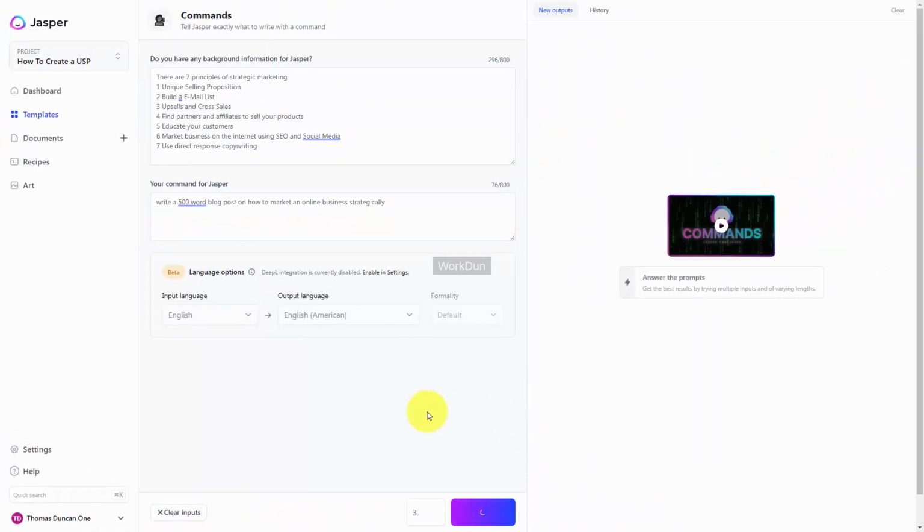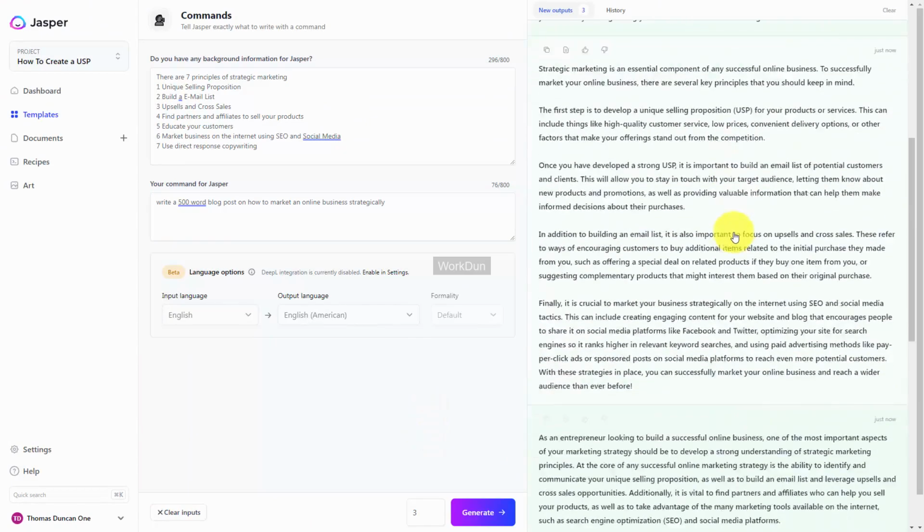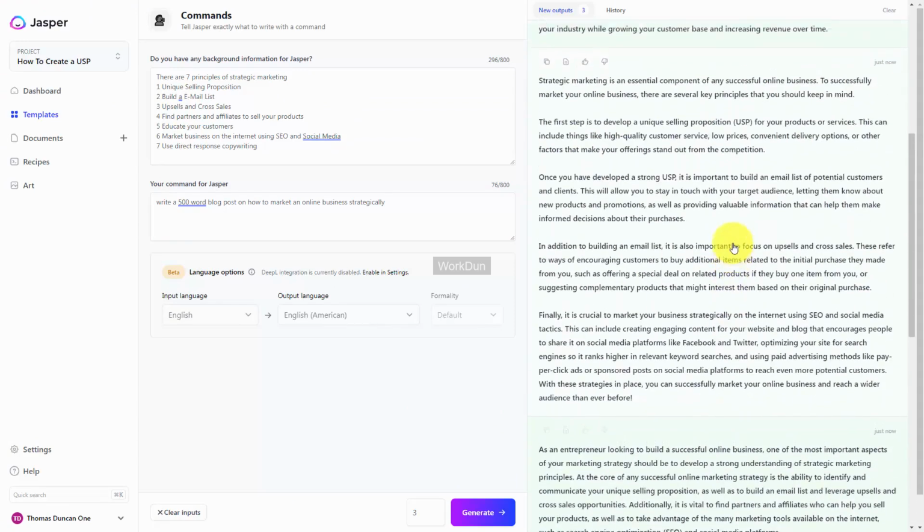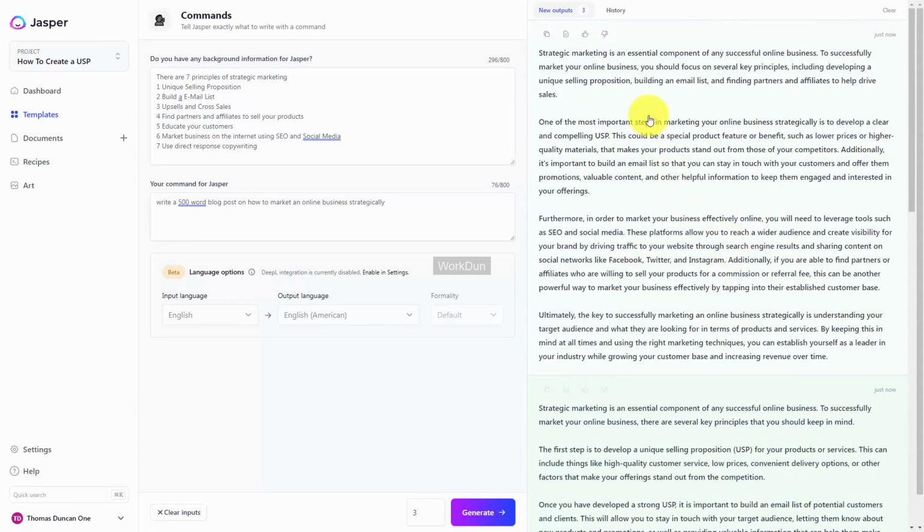And we will then wait for Jasper to create our content. You will then see your different levels of output. And you can choose the one that you like best. And what you can do is tell Jasper which one is best by upvoting one, and you can downvote the other. You can then copy your content, and then you can add it to your document software